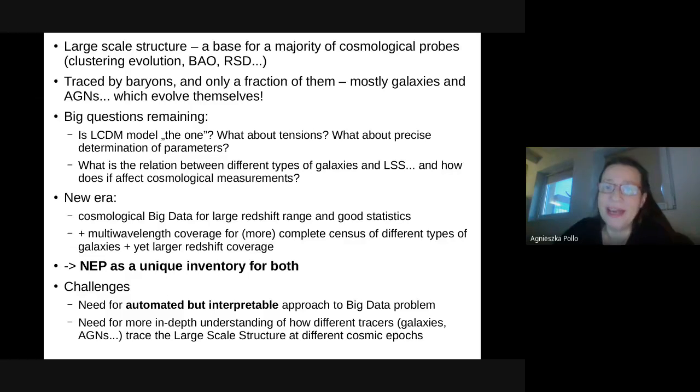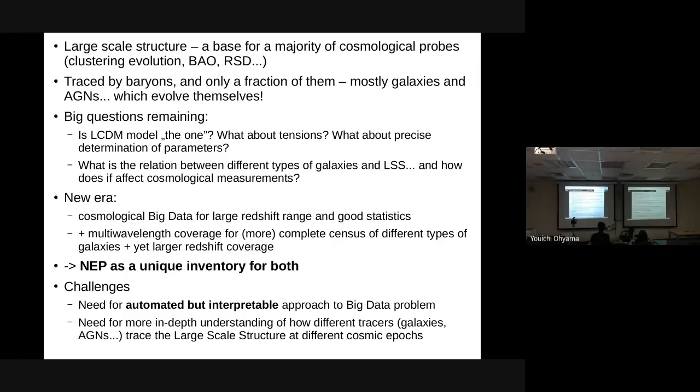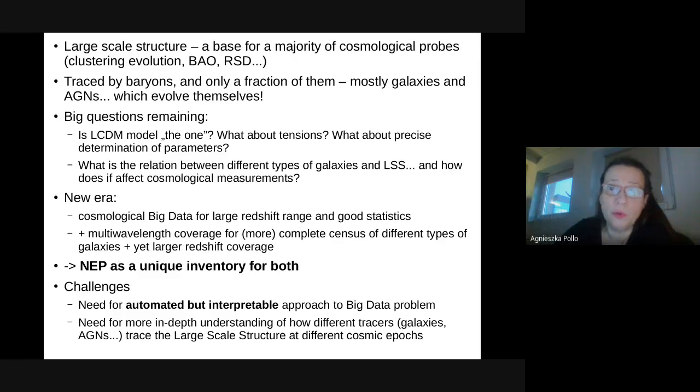the underlying dark matter field, because this is the real content of the universe, dark matter and dark energy. At the same time, what we practically observe are almost uniquely baryons, and even more, almost uniquely only a fraction of baryons, mostly those which are embedded in galaxies and other objects which we can see, like intergalactic medium. A large part of baryons is missing in the present day universe, for example, but we are not